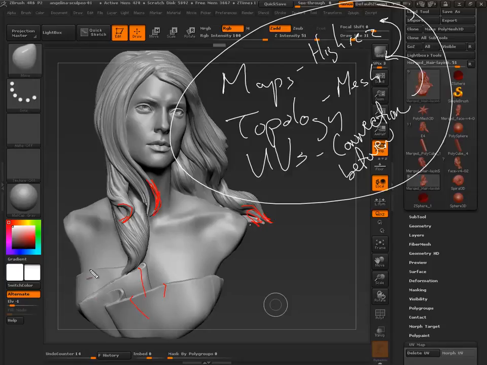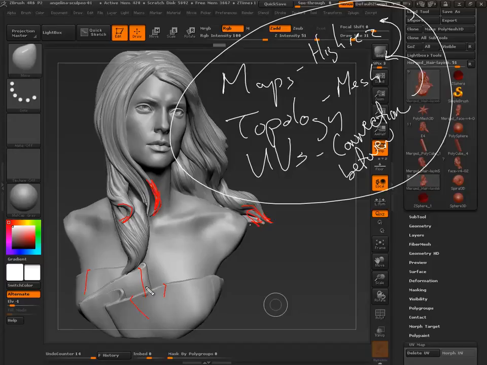Hard edges are a real big problem when you're dealing with displacement maps, and generally not something you want a displacement map to do. You want a displacement map to do contours and kind of inside stuff. So thin areas, edges, these are potential problem areas.